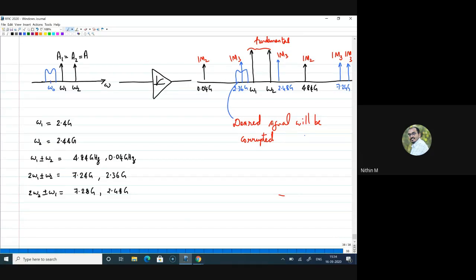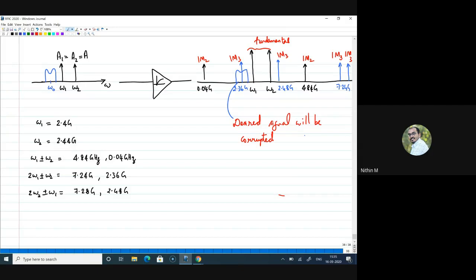Because you have a desired signal, and after processing it, you are getting some other signal which is strong enough, and that can corrupt this desired signal, leading to an undesirable situation. So the nonlinearity is affecting the design of a system to a greater extent, especially the intermodulation terms. And if you look at the intermodulation terms, comparing IM2 and IM3,